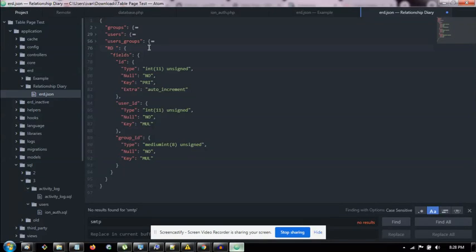As I was saying, because groups, users and user groups are global, they must stay with those names. Because the next tables we're going to create are specific to this space, we're going to prepend them with RD. You don't have to, it's just for ease of reading in your database. If you're going to have multiple bases, then you can easily know which ones are which. Okay, so RD, and then first of all, we're going to create situation